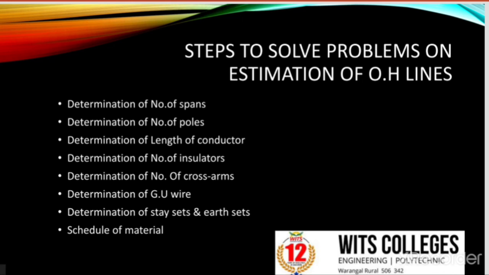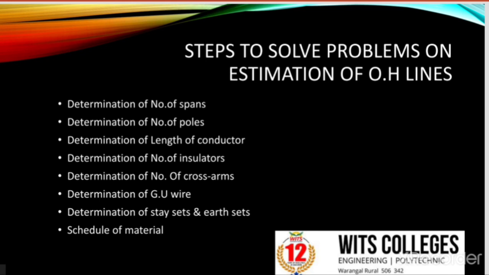Generally, stay sets are provided for dead end poles and cut point poles, and one for every fifth pole. Two sets for dead end poles and one for every fifth pole, and one earth set is provided for every fifth pole. So after determining spans, poles, length of the conductor, insulators, cross arms, GI wire and earth sets,